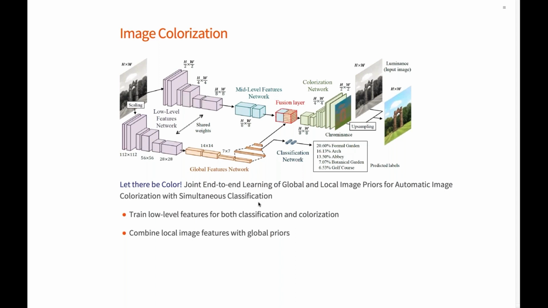So they have a standard feature extraction pipeline, which is these purplish layers here. And these layers are extracting low-level features from the image. And then these features are sent to 2 different tasks. They are sent to mid-level features and then to a colorization network that is upsampling and converting those features to colors.